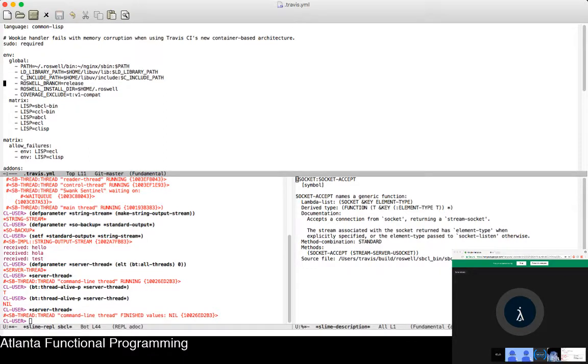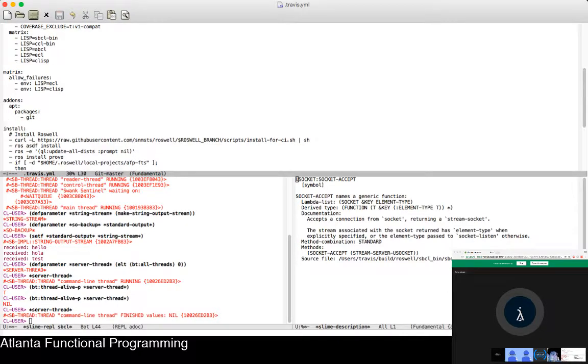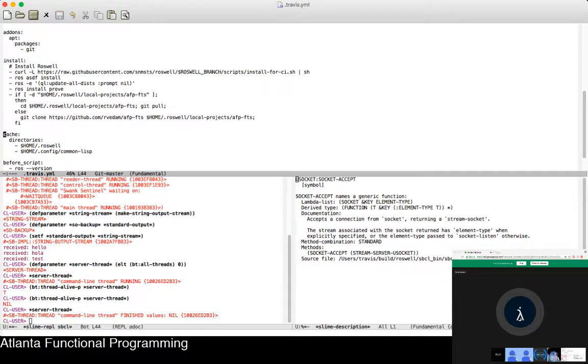This does currently have one bug, for which I apologize. I tried to get it fixed earlier, but due to some prior engagements, I was unable to. So I'm going to fix it tonight and then check it in. But it does show off the skeleton of what you would normally do when you want to set up such a test